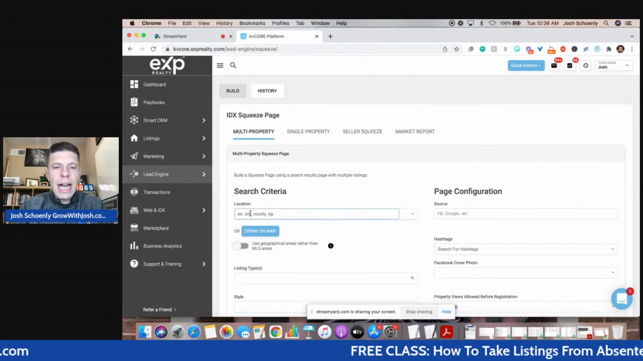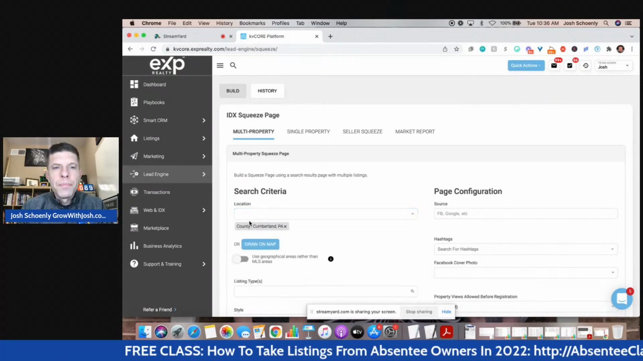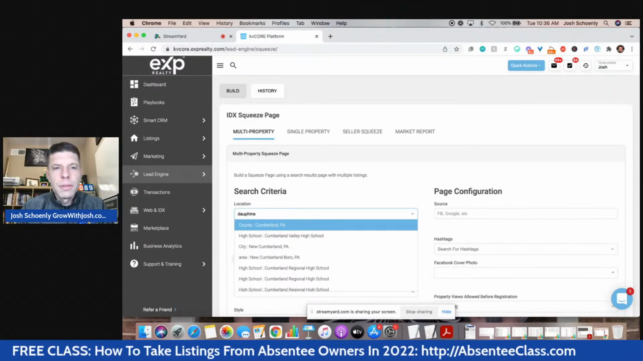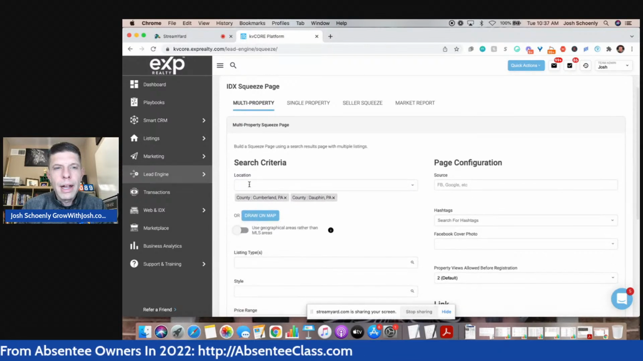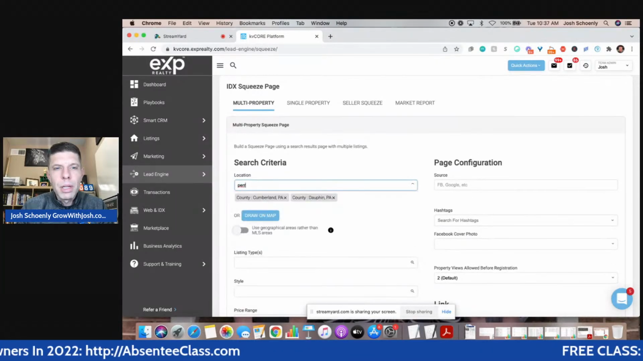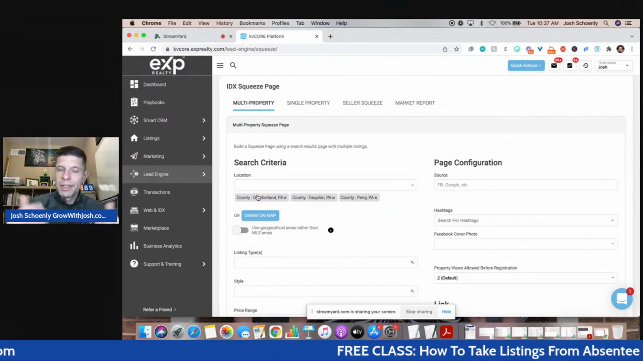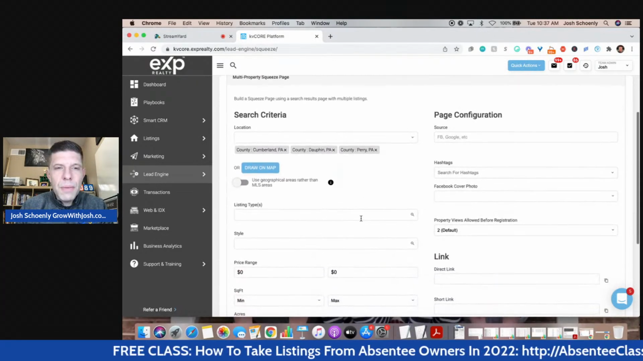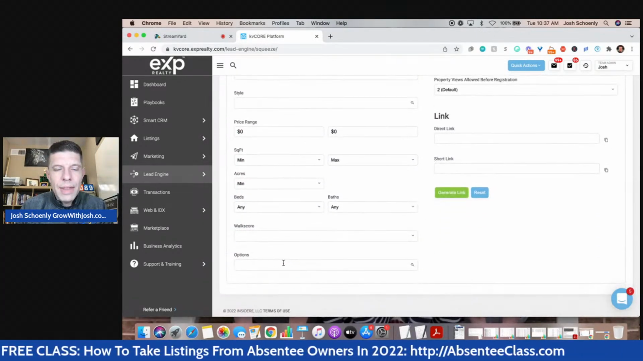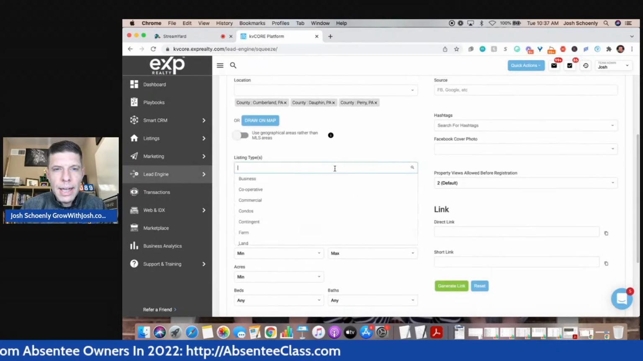KV Core calls these IDX squeeze pages, and I'm going to choose the primary areas that I cover, which in my area is Perry, Cumberland, and Dauphin County, Pennsylvania. If you've got any referrals, send them my way. So I'm going to choose those 3 areas, and then under options, I'm going to choose reduced, and I'm going to choose